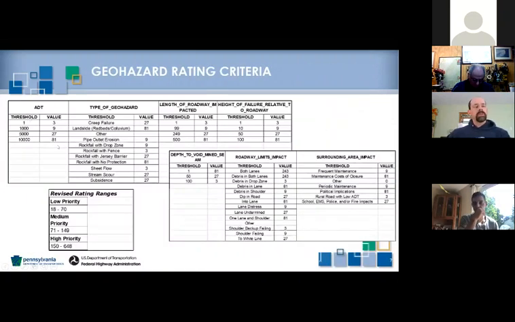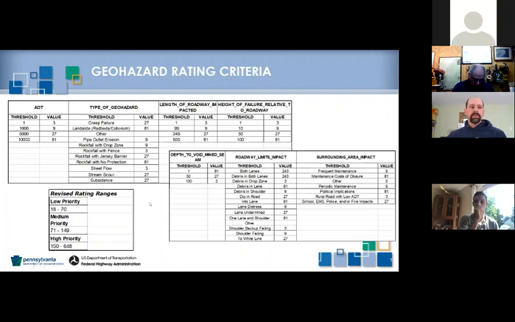Here you can see some of those thresholds and the values assigned for each one, like the average daily traffic and type of geohazard. Here you have simple things like maybe a rock fall or pipe erosion or sheet flow, which we don't consider too big of a problem because it's not a true landslide, it's just a superficial failure. Then you would have a creep failure, which would be a slow movement over time, or maybe an immediate collapse of the red bed layer, which would be considered a true landslide. You also have the length and the heights there. So basically these are all taken into account in our rating, and you have low, medium, and high, and that helps us to prioritize as a district which ones we're going to work on.